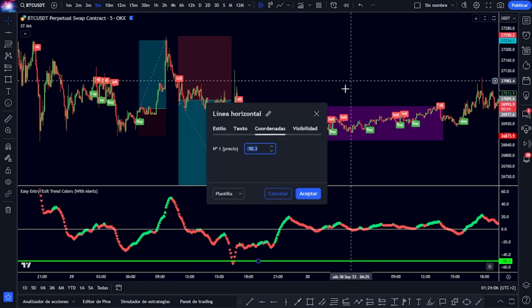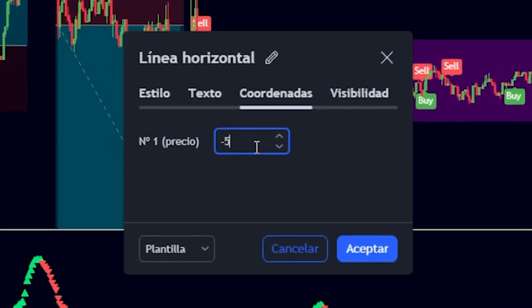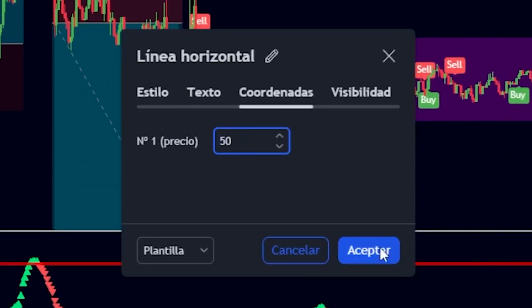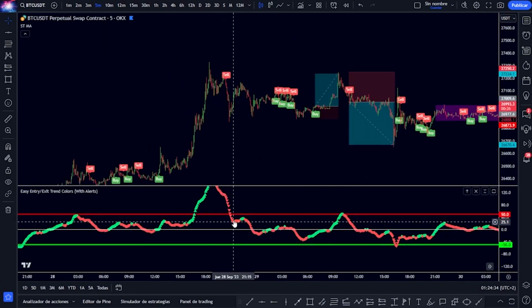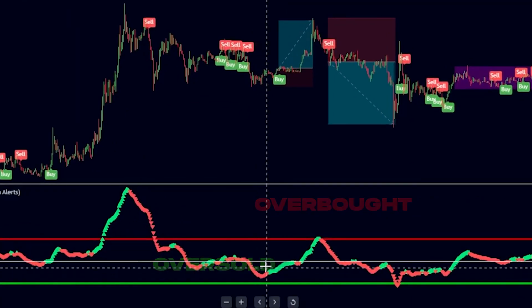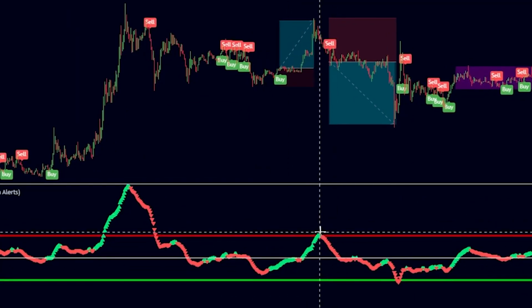We will put a green vertical line at the coordinates -50 of the lower indicator, and as you can guess, we will also put a red one at the coordinates 50. Why do we do this? To detect not only the direction of the trend by the color of the indicator, but also those areas of overbought and oversold. When the indicator reaches or exceeds that red line up would mean that